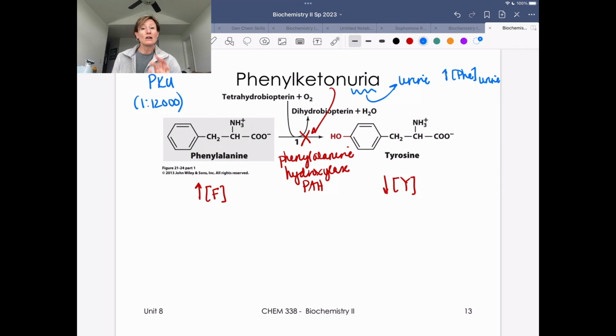A way to think about this too, tyrosine is what we consider conditionally essential here, because we can produce tyrosine, but it's conditional upon us having phenylalanine. So tyrosine here is basically called conditionally essential, because we can make it just fine if we have a functioning PAH enzyme and we have the precursor,